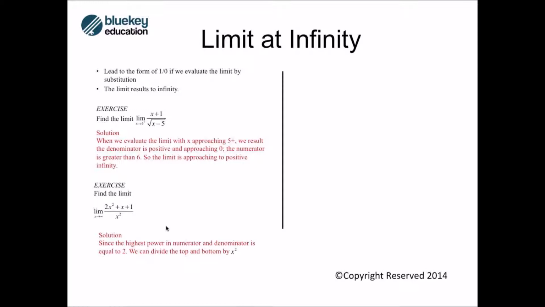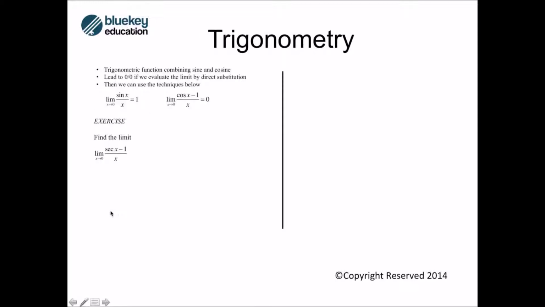Then we are solving the limit of 2 plus 1 over x plus 1 over x squared. As x approaches infinity, it comes to 2. The other method we can use is looking at the highest power on top and bottom. If it's the same highest power, in this case 2, then the limit goes to the ratio of the coefficients. Next question,